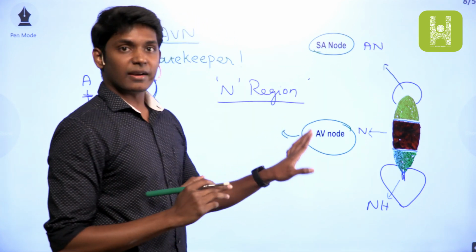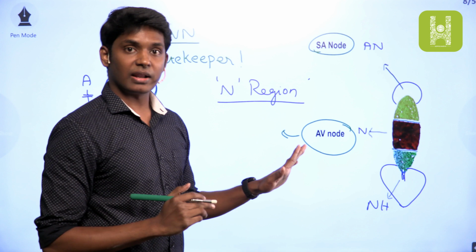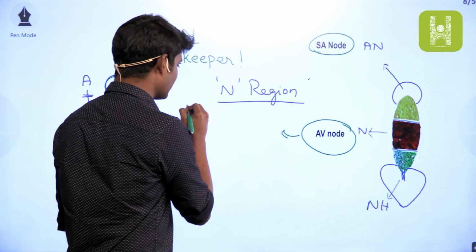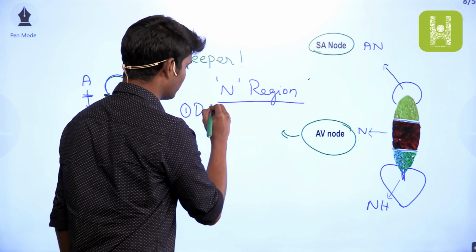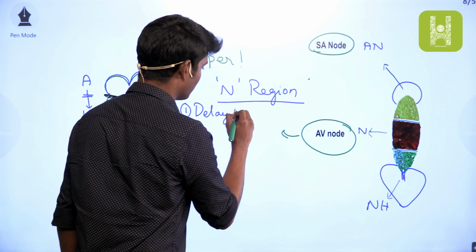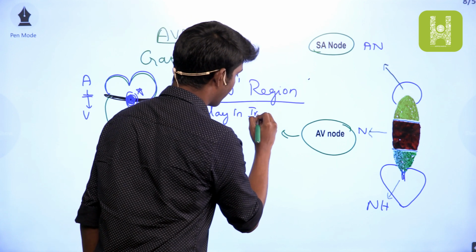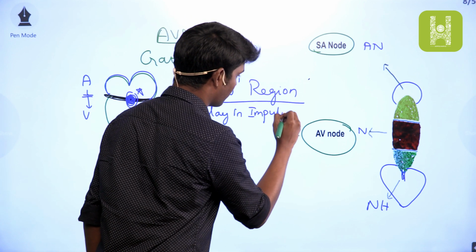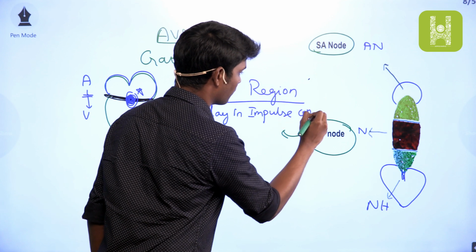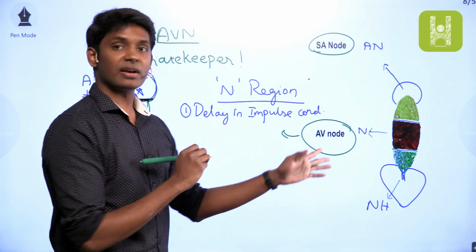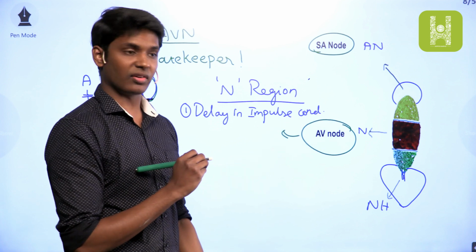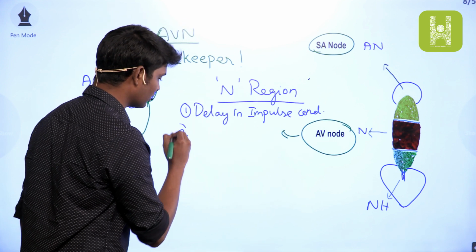You have to clearly understand that the delay in the impulse conduction occurs only in the nodal region. So that is the first important work which is done by the N region, and the second important thing is